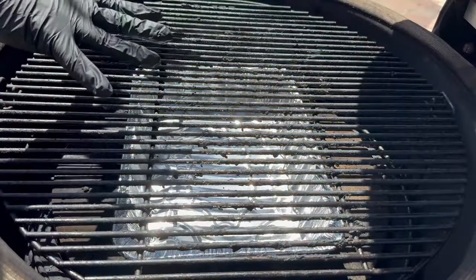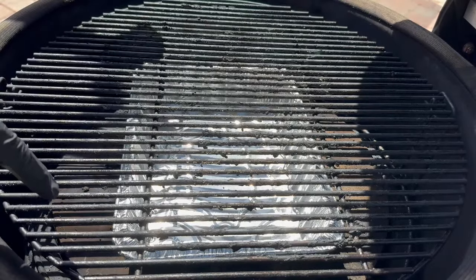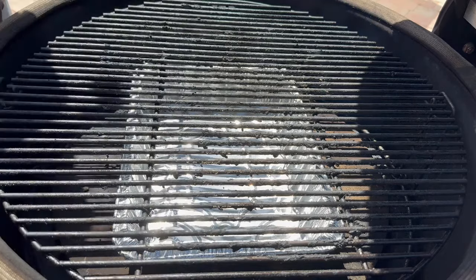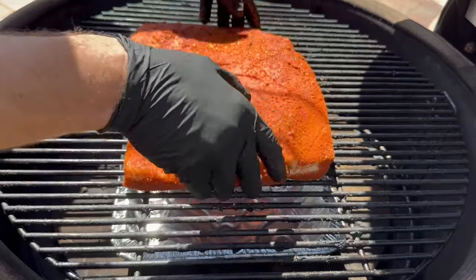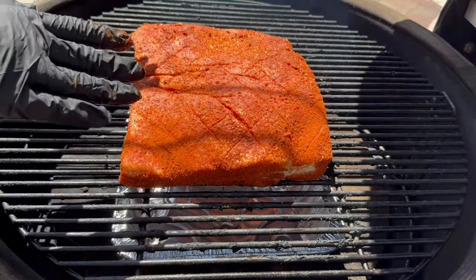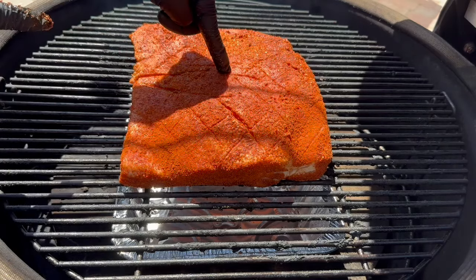Our Big Joe 3 is set up for 225 degrees indirect with the ceramic plates on the bottom, and then I got a dry aluminum foil pan on top of that just to catch the drippings from the pork. I'm gonna set up the pork belly right on top of that just so it can catch all the fat that's gonna render down. And we're gonna run this to about 200 degrees internal when measured in the exact center